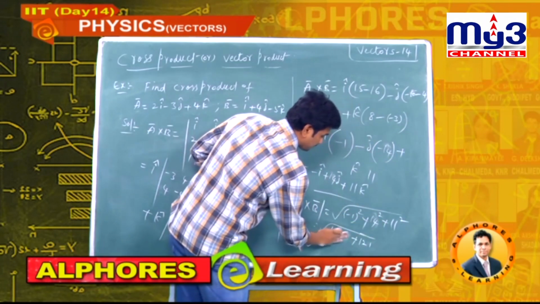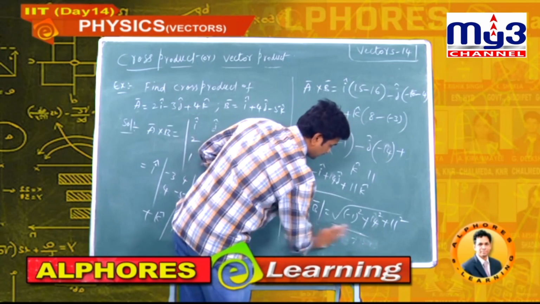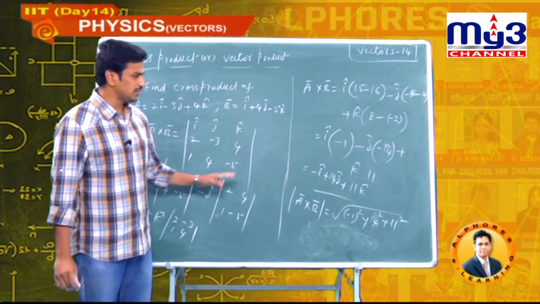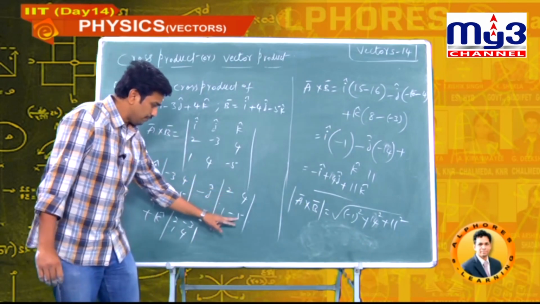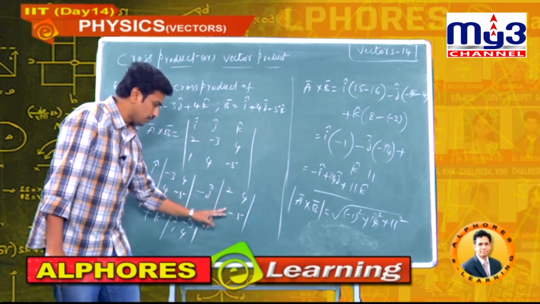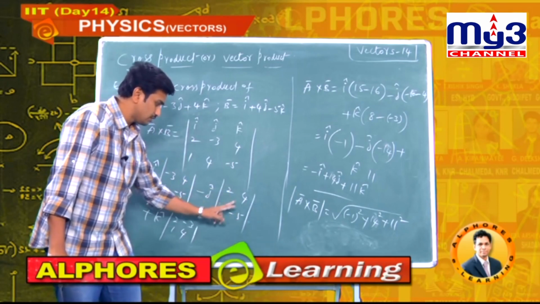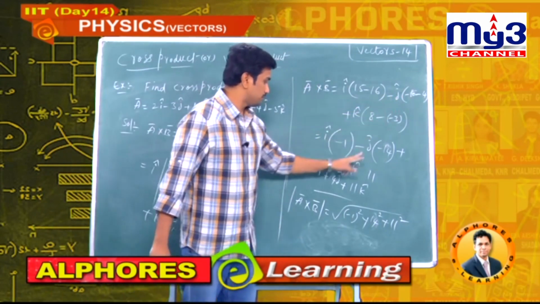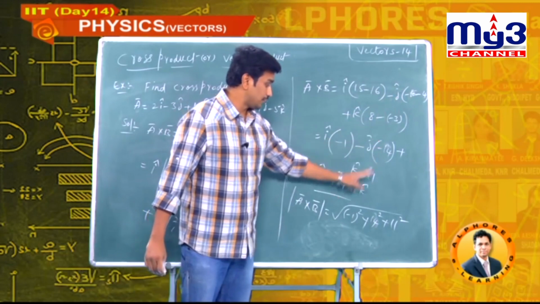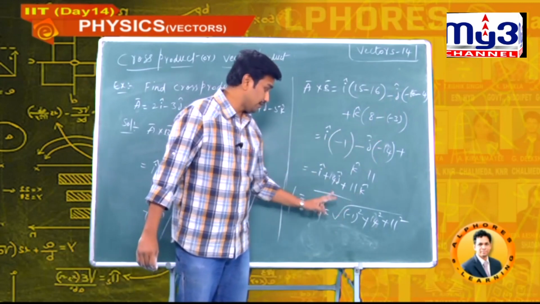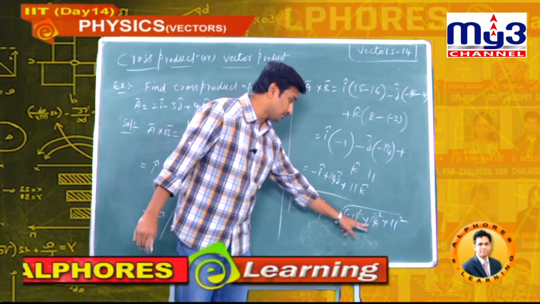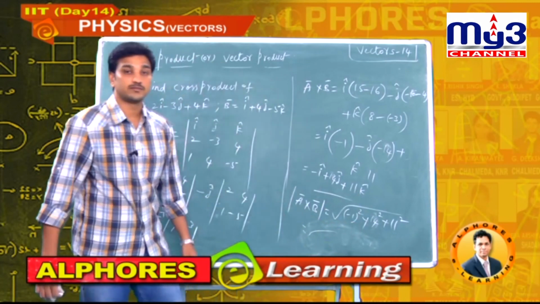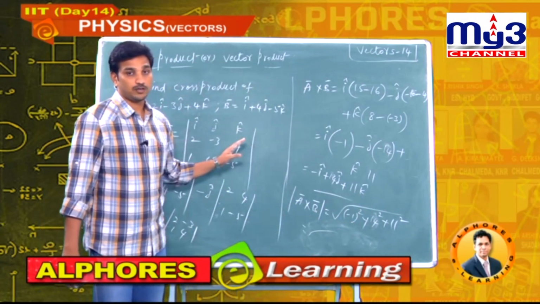What is the 14 whole square? You write here and you will get the answer. Magnitude, you will get by simplifying this. I think you got the clarity. Minus 5 into 2 is minus 10. After doing this multiplication, minus 1 into 4 is 4. So minus 10 minus 4 is minus 14, minus 1 plus 14, and 8 plus 3 is 11. So magnitude is under root of I cap coefficient whole square plus j cap coefficient whole square plus k cap coefficient whole square. You do it, you will get the answer. You got how I did the cross product of two vectors.